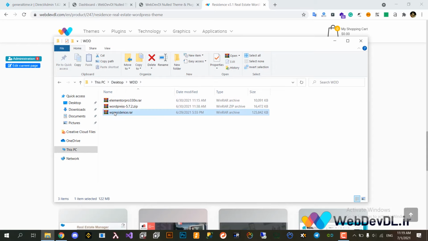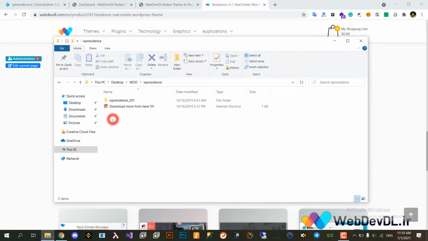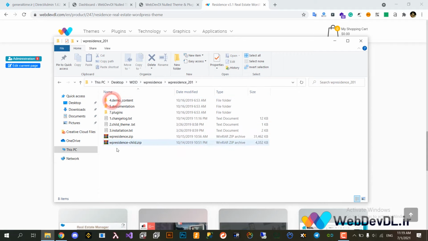Now extract the downloaded file. Go to the main folder. Usually in this kind of folders, there are several types of folders and files, such as wpresident.zip and wpresidentschild.zip here. In some themes, there is another file beside the current theme, and wpresident.child.zip is going to be used for the